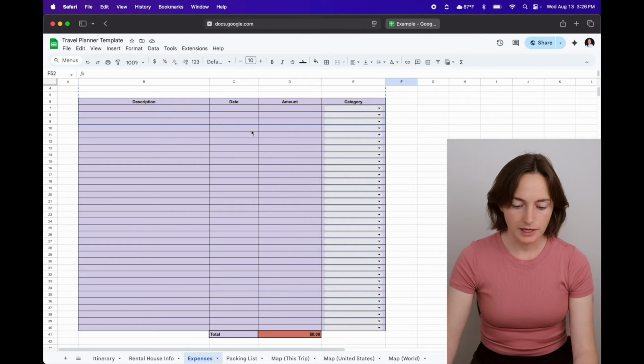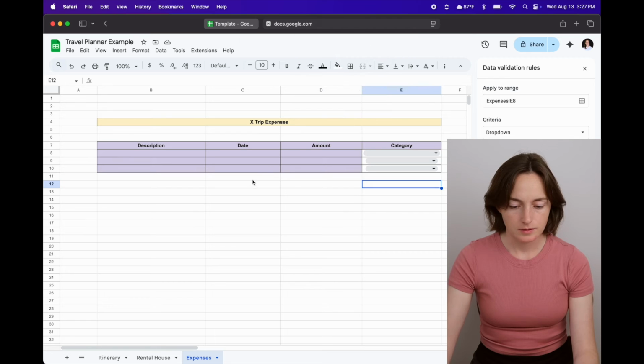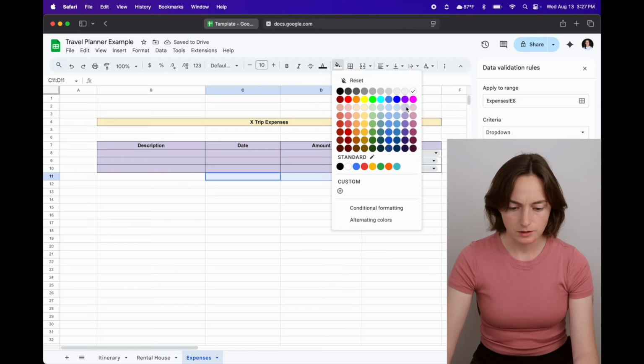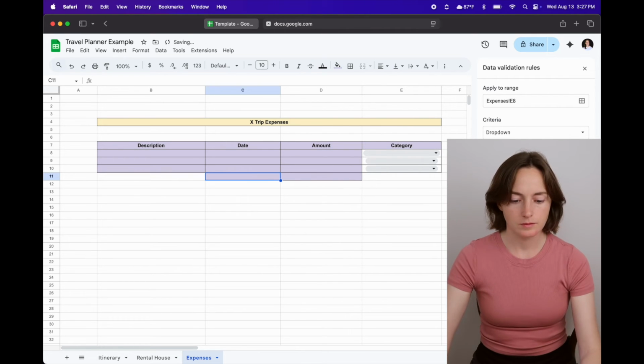Oh, and then I have the total here on the bottom, so I'll add that. So there, adding the borders, color, total,